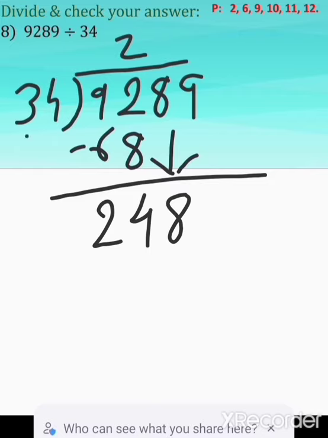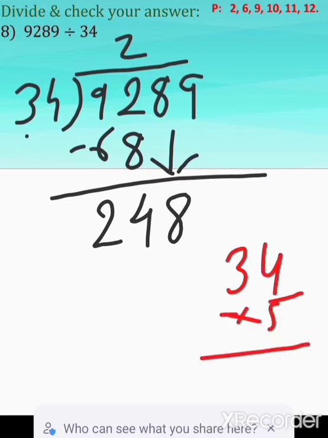Suppose my number is again 30. Okay, not 34. Then read the table of 3. 3 1s are 3, 3 2s are 6, 3 3s are 9, 3 4s are 12, 3 5s are 15, 3 6s are 24. I got 24. So if I multiply 34 by 6, I'm going to get a number which is greater than 244. So I will multiply by 5 and I'll check. 34 by 5. 5 4s are 20, 2 carry, 5 3s are 15 plus 2, 17.